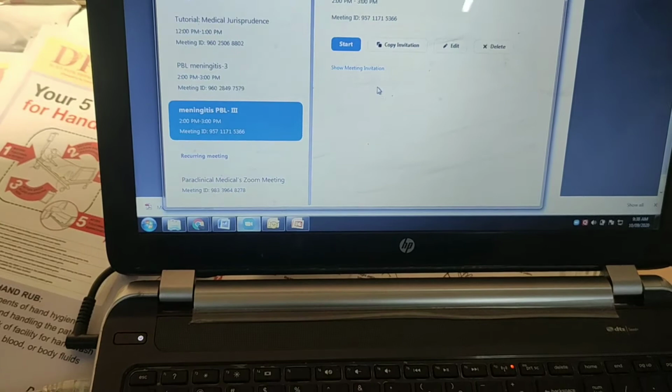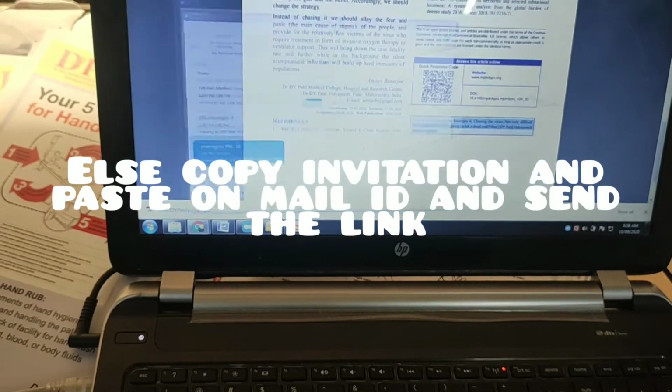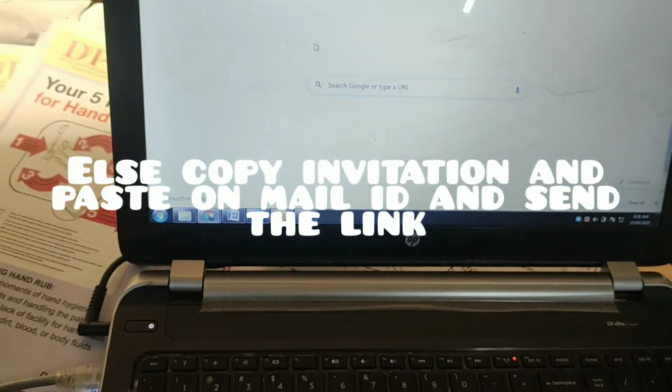Else you can also copy the invitation, then directly open up a mail.